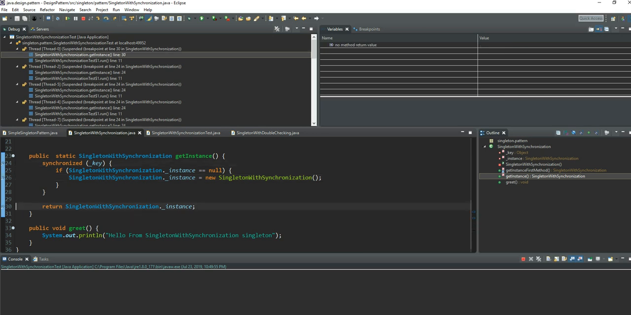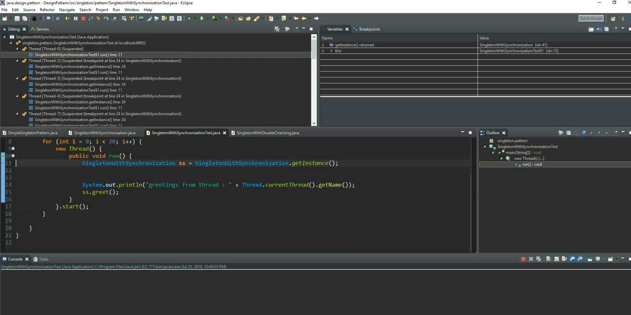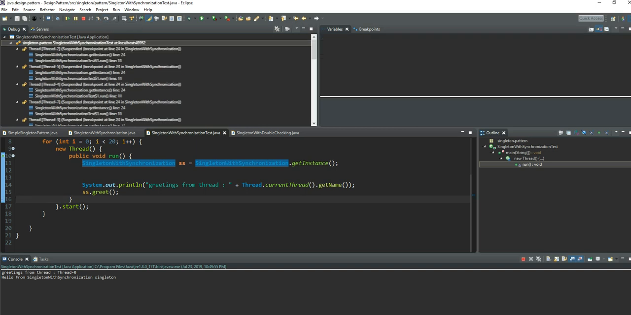Once that is done, it basically returns that instance here. Once the instance comes out, we just write down the thread message and write the grid message from here. Okay, that is our thread number 0, the first thread. Now, if I run this again,